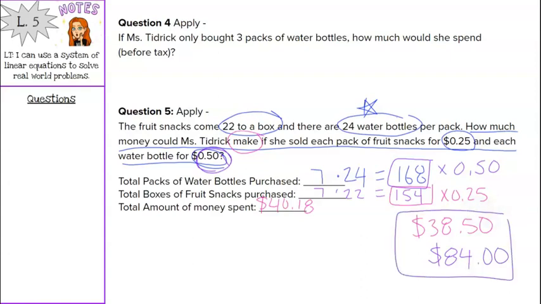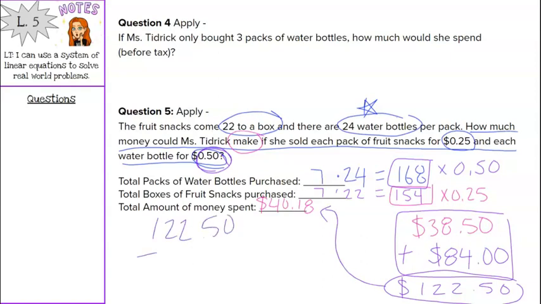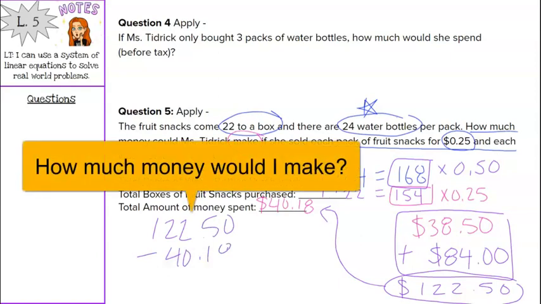So off of selling these two, we would add them together and we would get $122.50. But then again, I already spent $40.18, so I have to take $122.50, subtract that $40.18 that I already spent,